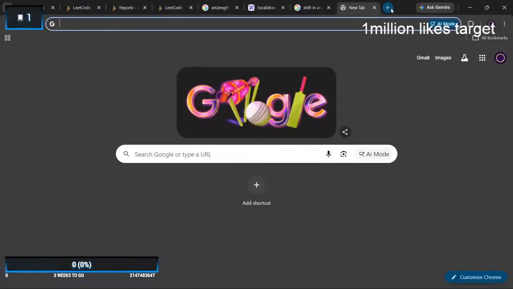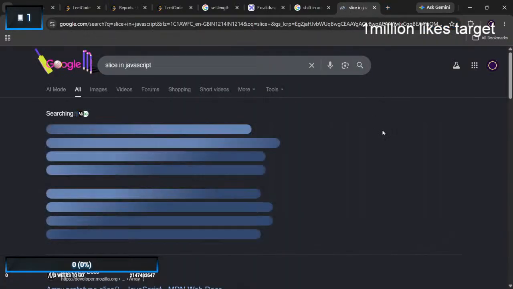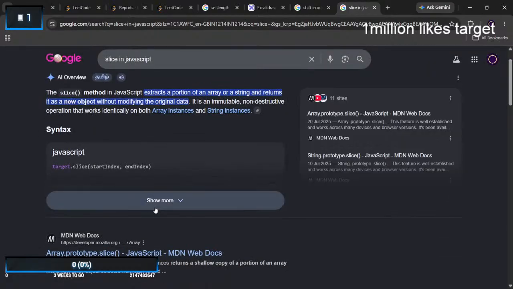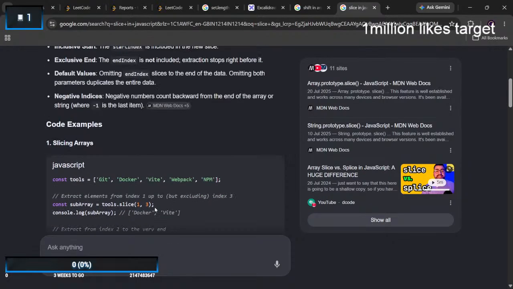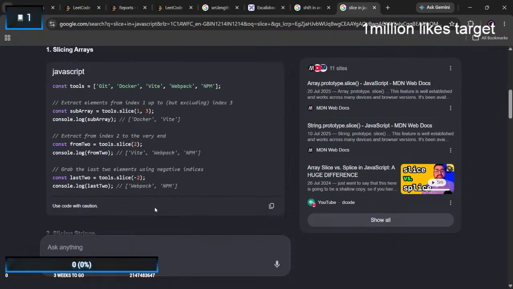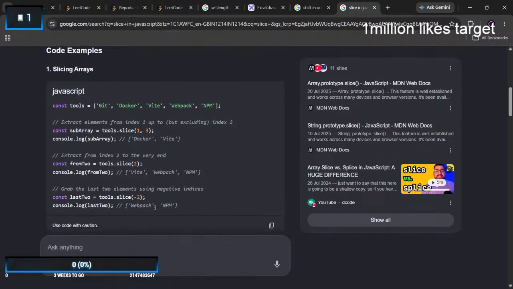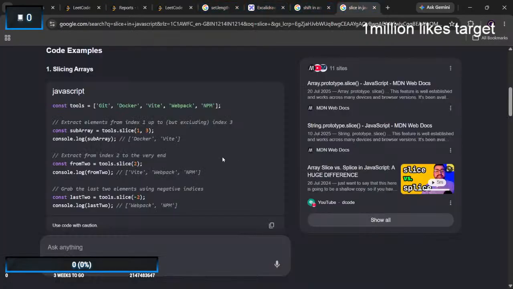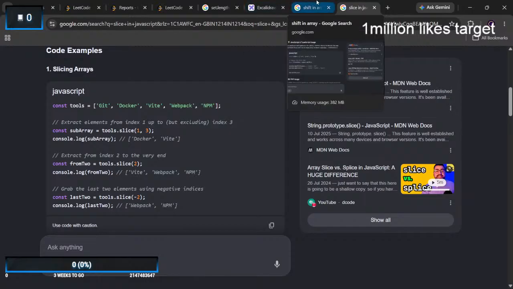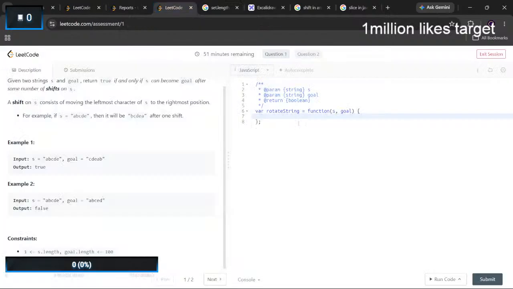Can't I use a slice operation in string? Even if I run a slice operation, let me do.